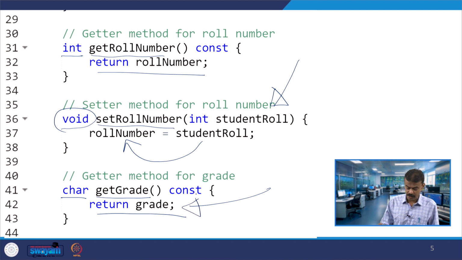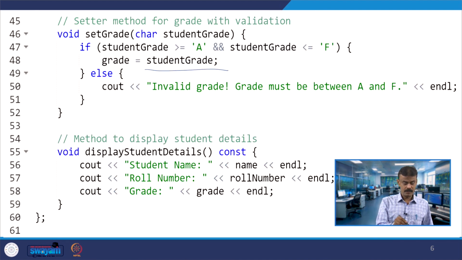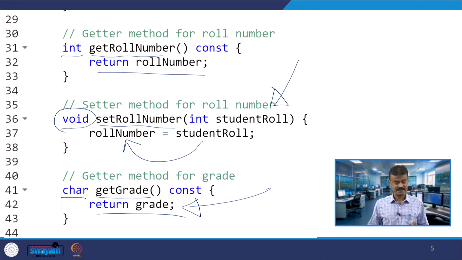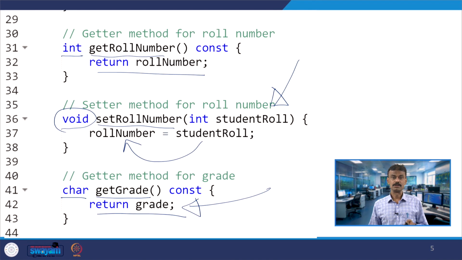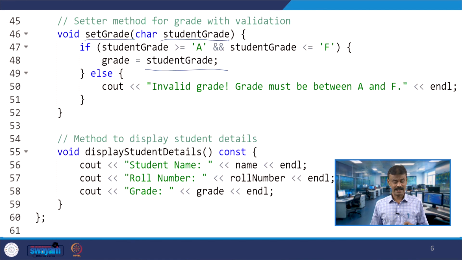Now you have the setter method, set grade. You are going to pass grade in the main, so you have an argument called student grade. This method at line number 46 we have already seen being called in the constructor. So, what exactly is set grade doing?